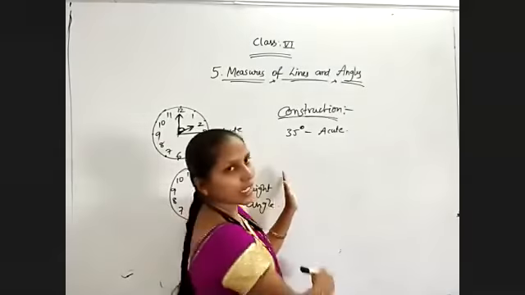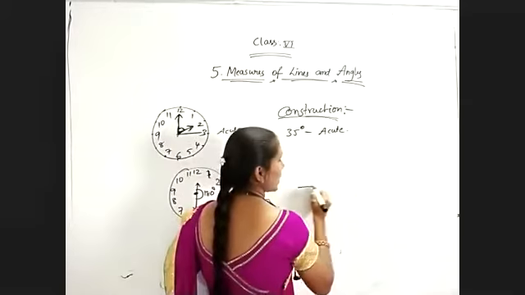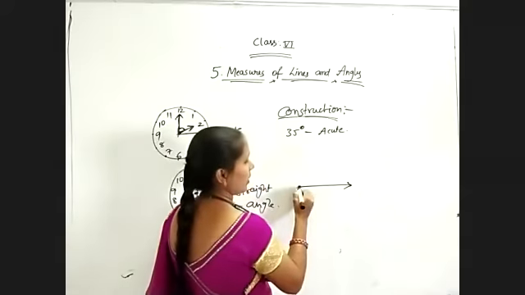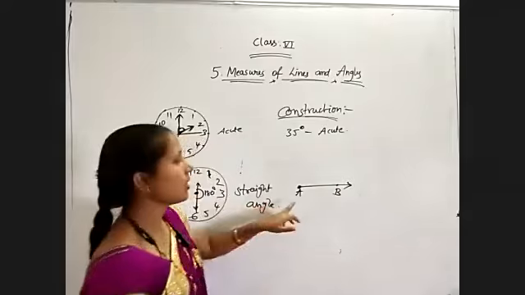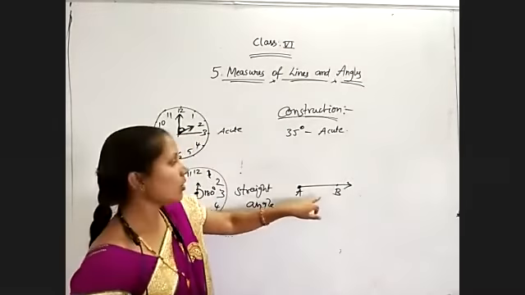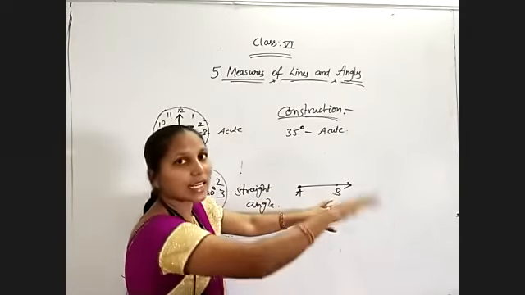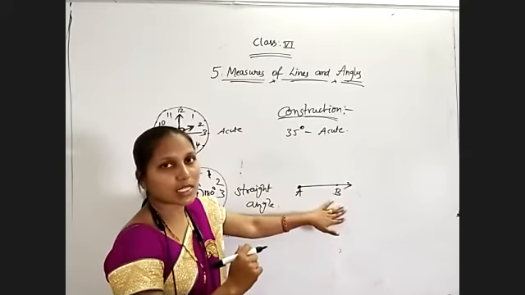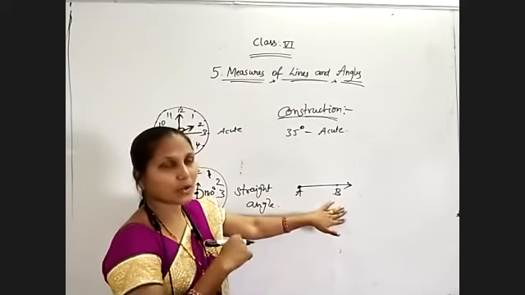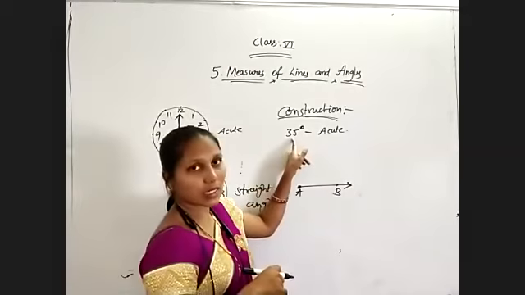Now observe, 35 degrees I want to construct by using the protractor. For that, first of all, take a ray, construct any ray. AB I have taken. Now I am taking AB in the right direction, yes or no? Means anti-clockwise rotation. Anti-clockwise rotation means which angles do I need to consider? Inner values or upper values? Inner values I must consider. How many degrees do I need to construct? 35 degrees.